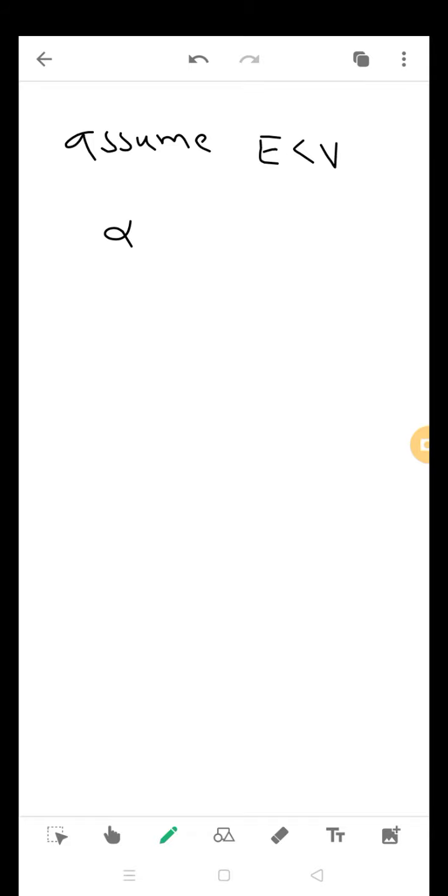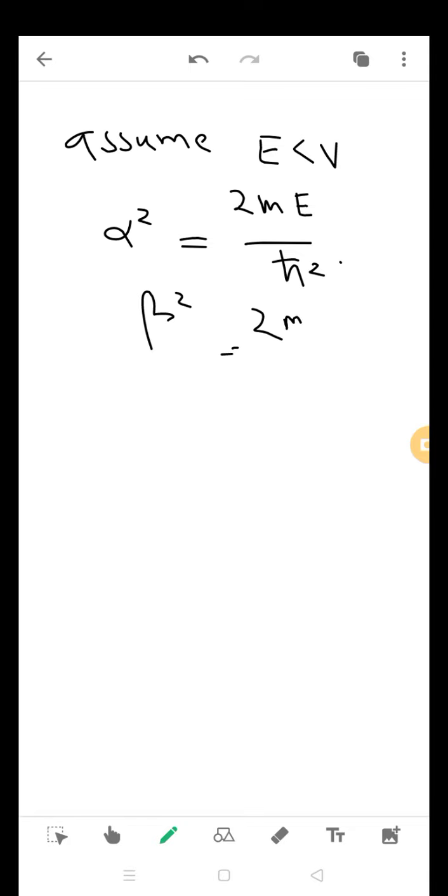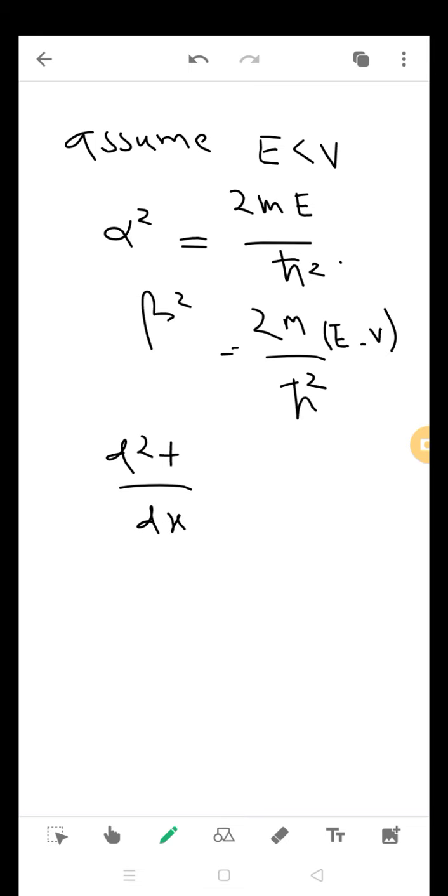One is called alpha squared, which is equal to 2mE by h cross squared, and beta squared, which is equal to 2m by h cross squared (E minus V). So we end up with the two Schrödinger's equations written as d squared psi by dx squared plus alpha squared psi is equal to 0 for the first case,